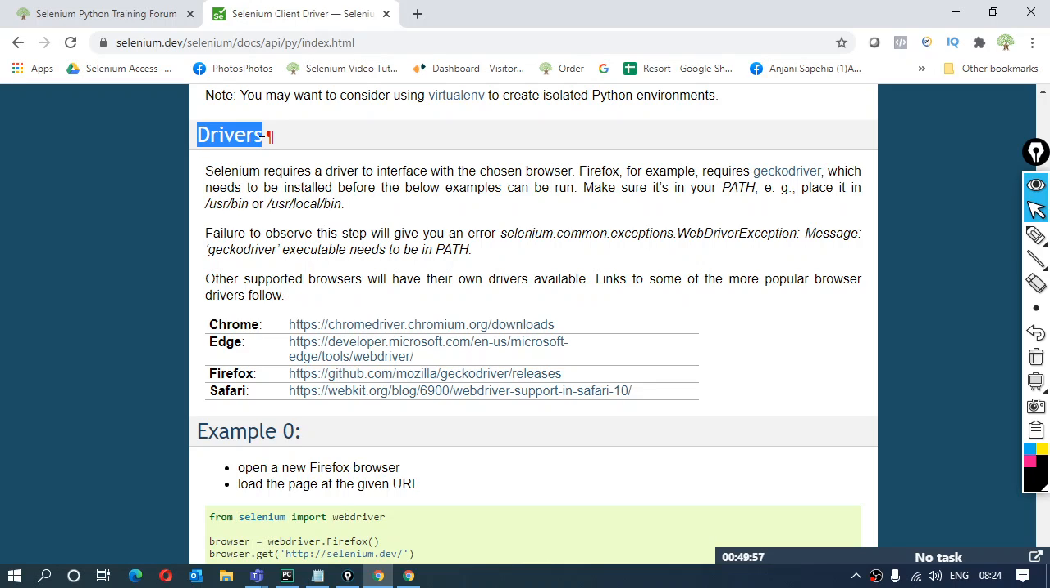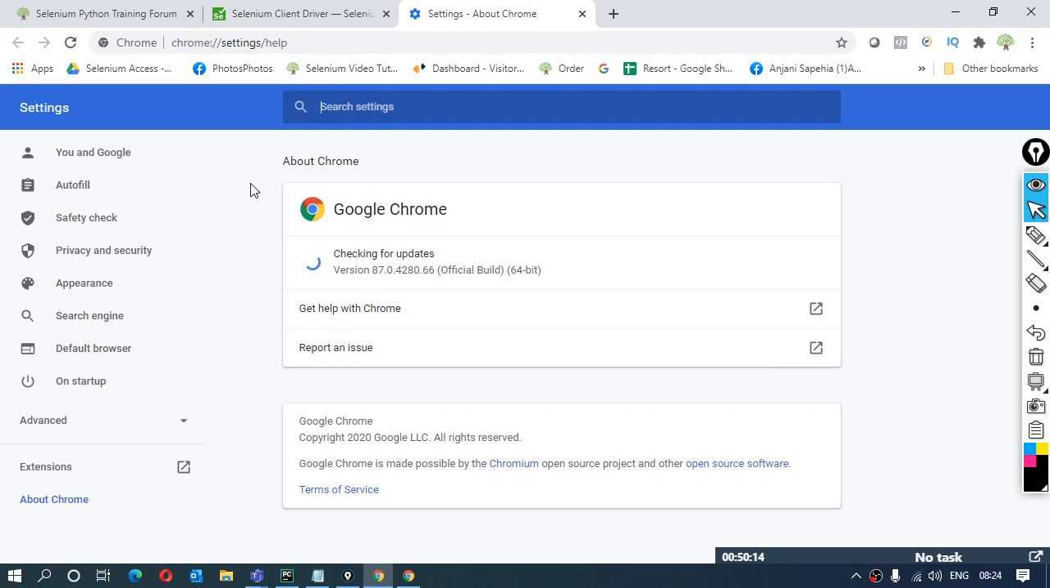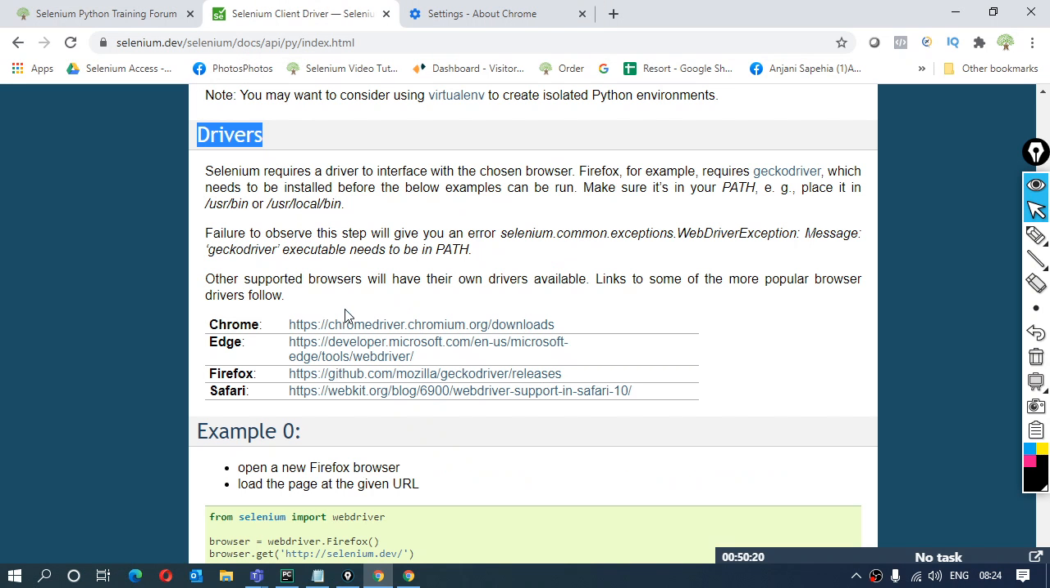Right. So what you need to do is check your browser version. For Chrome I'm talking right now. We'll come to other browsers as well. For Chrome, you first need to check what version of Chrome you are using. So you can go over these three dots, to Help, About Google Chrome, and it will give you the Chrome version, which is 87 point something. Right. So once you have seen this version, you will go to this link,